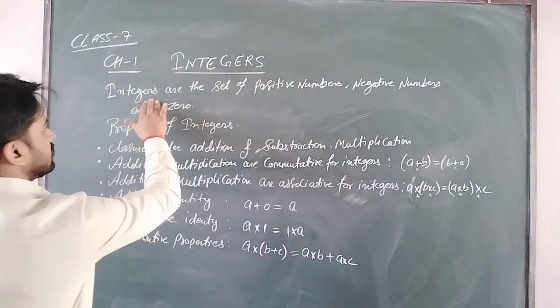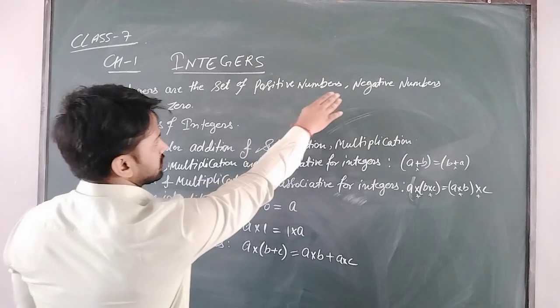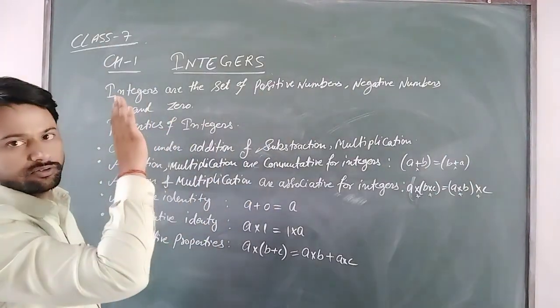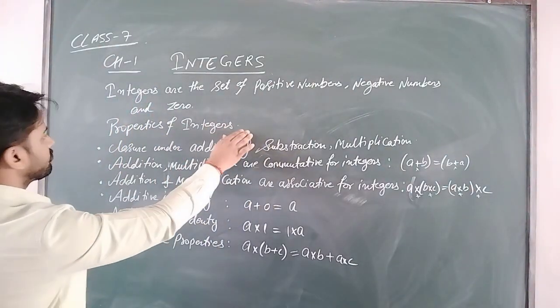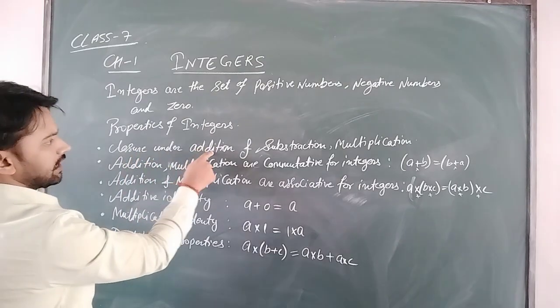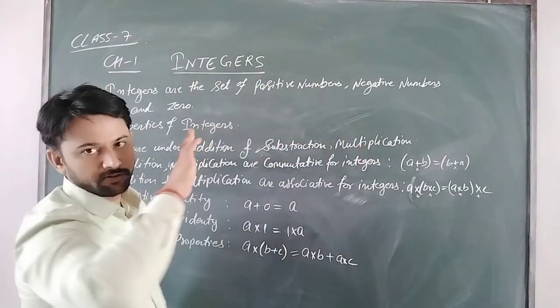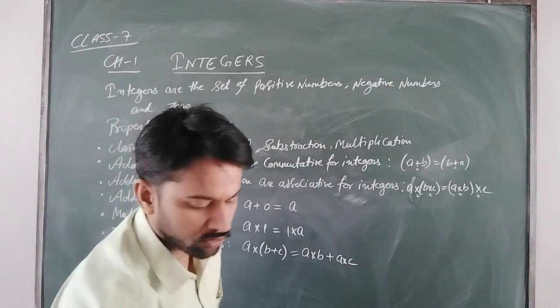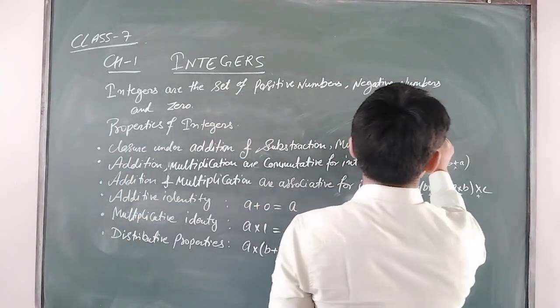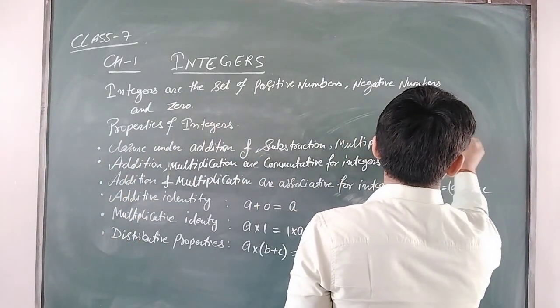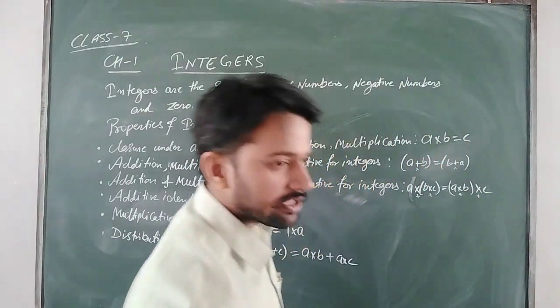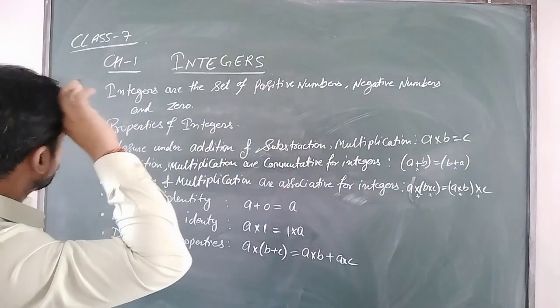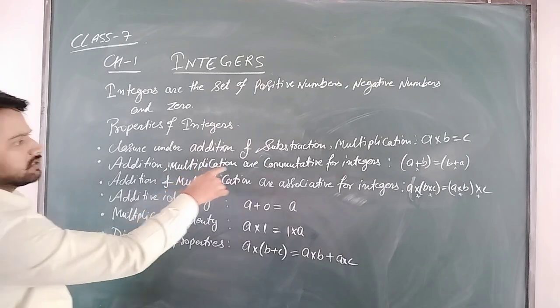Integers. Integers are the set of positive numbers, negative numbers and 0. Properties of integers: closure under addition and subtraction and multiplication. You know that a into b is equals to c. This is the closure property. Okay, now addition and multiplication